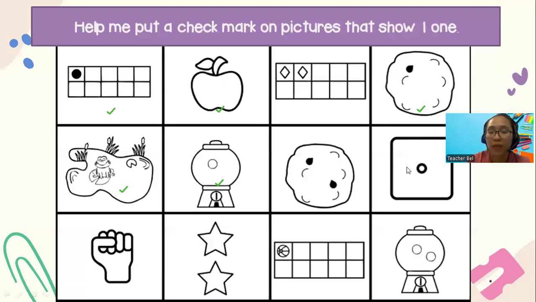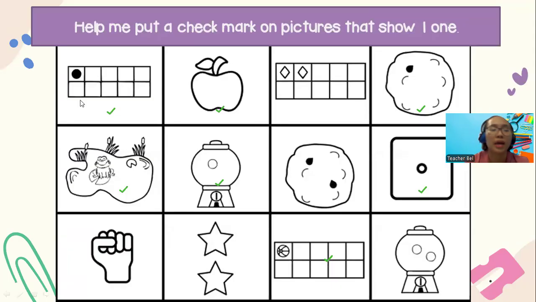That's two. How about this domino or dice rather? Does it show one dot? Yes. Does this show one? No, that's the hand showing zero. It has empty fingers. Nothing there to show. How about this one? Nope, that's two stars. What about this frame? Nope, that has two.